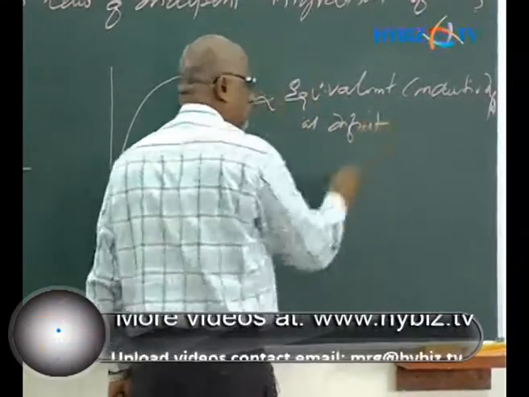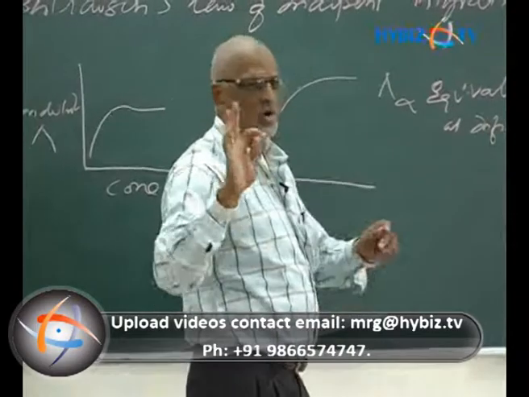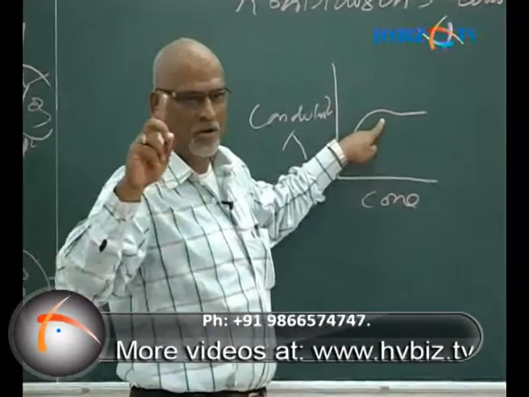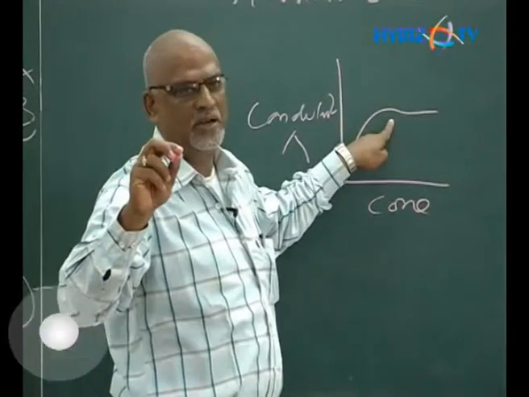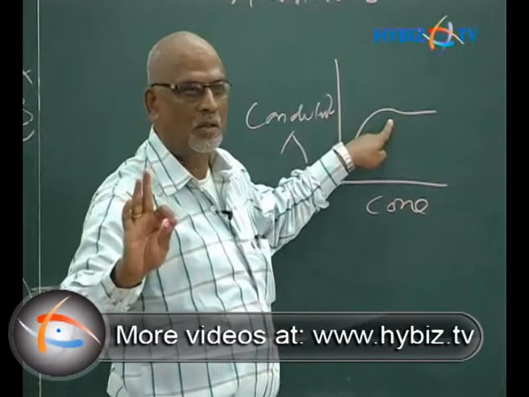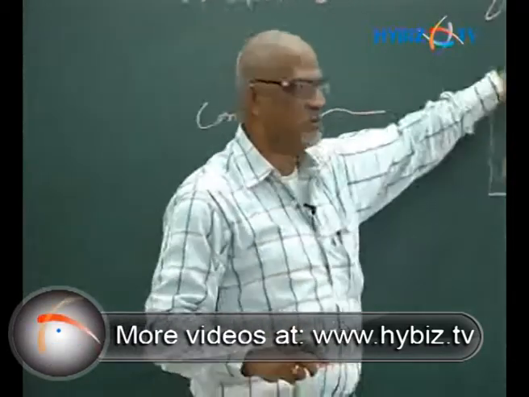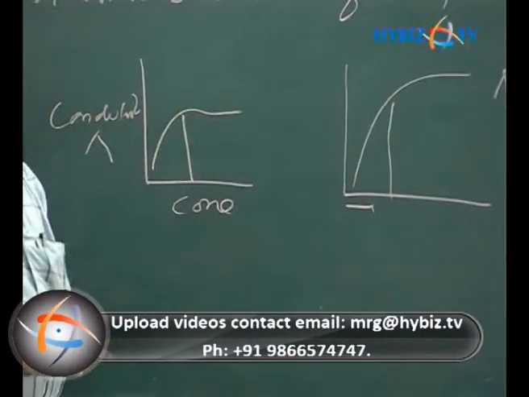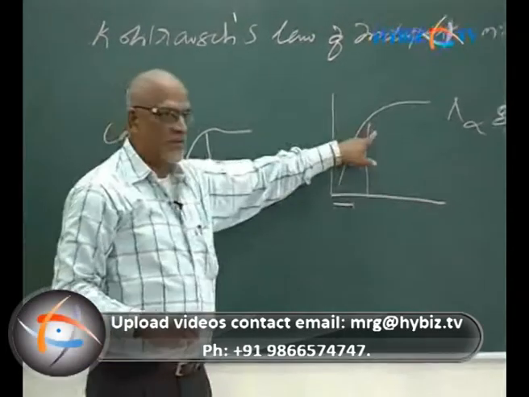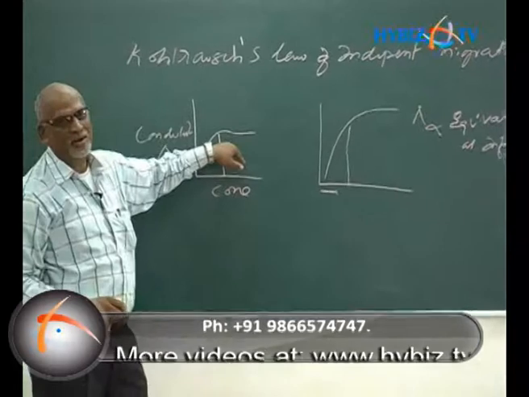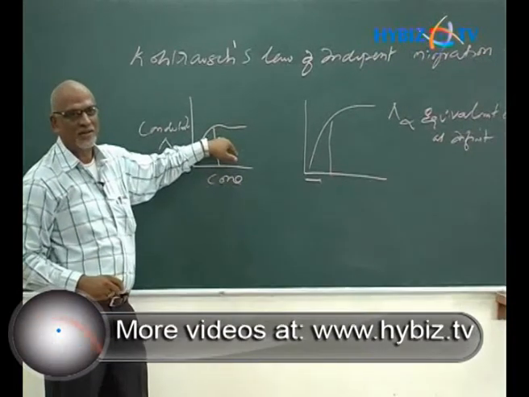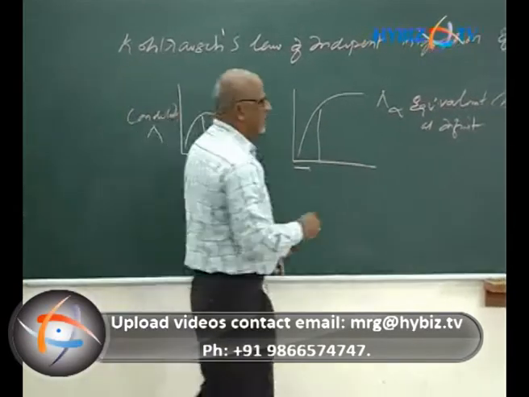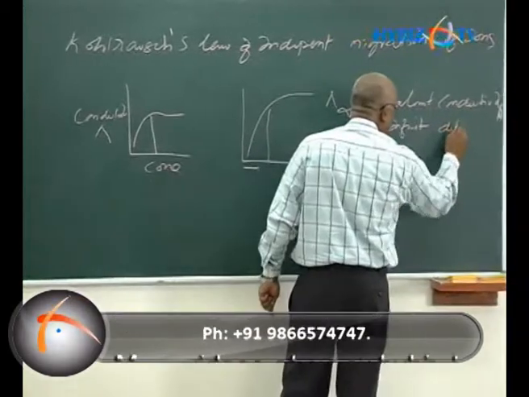It doesn't decrease, or sometimes it decreases, but most of the time it doesn't. There is not much change actually. There will be a drop, or just a little increase, and then it stops. You can see here it is going like this, a straight rise with a small increase in dilution. You can see where it has increased. A small increase made a lot of difference here, while a huge increase does not make much difference there. So this is the story here. Now this is called equivalent conductivity at infinite dilution.